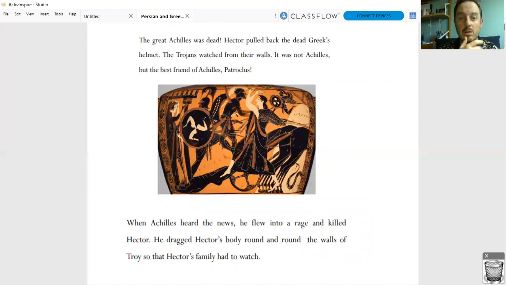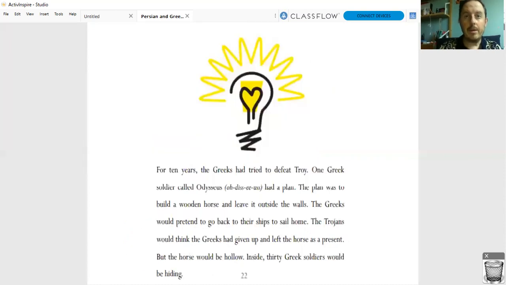When Achilles heard the news, he flew into a rage, rejoined the fight, and he killed Hector. He killed Hector and he dragged his body around and around the walls of Troy so that Hector's family had to watch, and they were horrified and grief-stricken. But still Troy held on. For 10 years, the Greeks had tried to defeat Troy. And even the defeat of Hector by Achilles, even Achilles rejoining the army, couldn't get them to defeat Troy and get Helen back. One Greek soldier called Odysseus